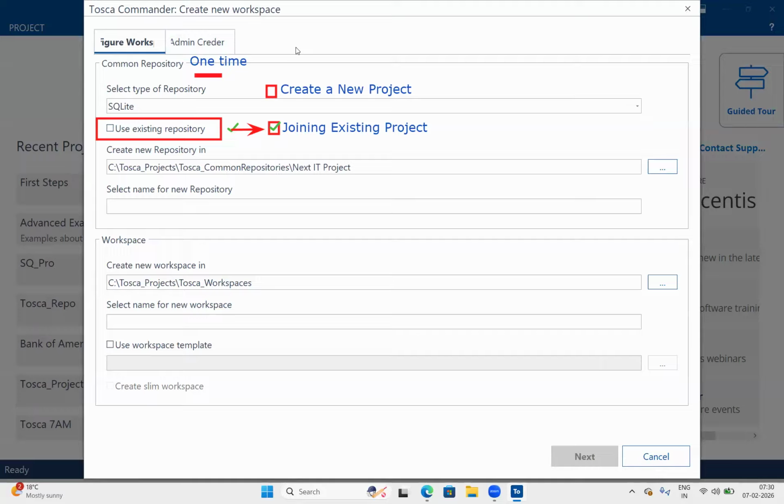Right now we are just doing this for practice or learning purposes. So what we can do is deselect this checkbox and create a new project.